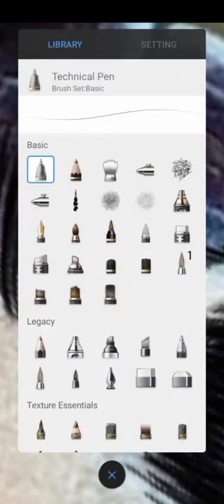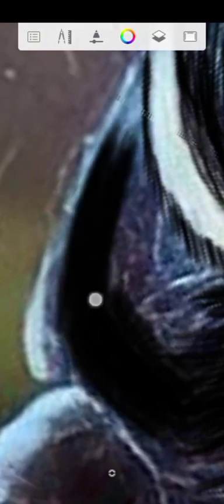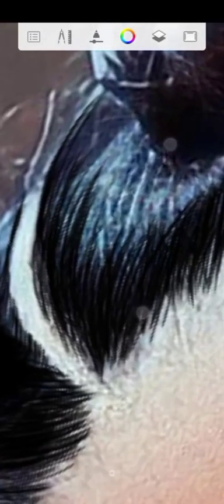So after this, you're going to select your brush one. Now fill it like this. This is what I'm going to do. Just stroke it around. Stroke it like this. Now after that,